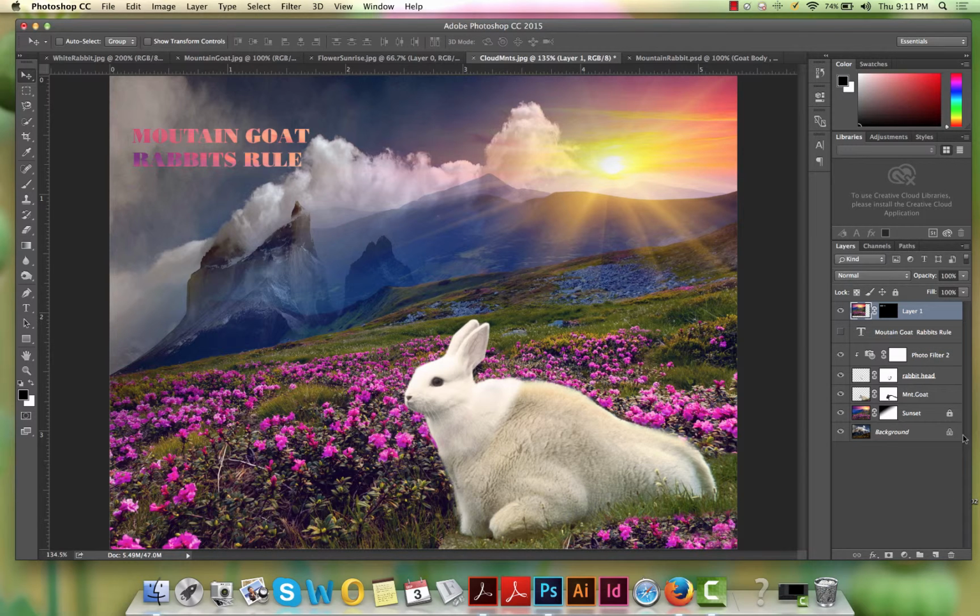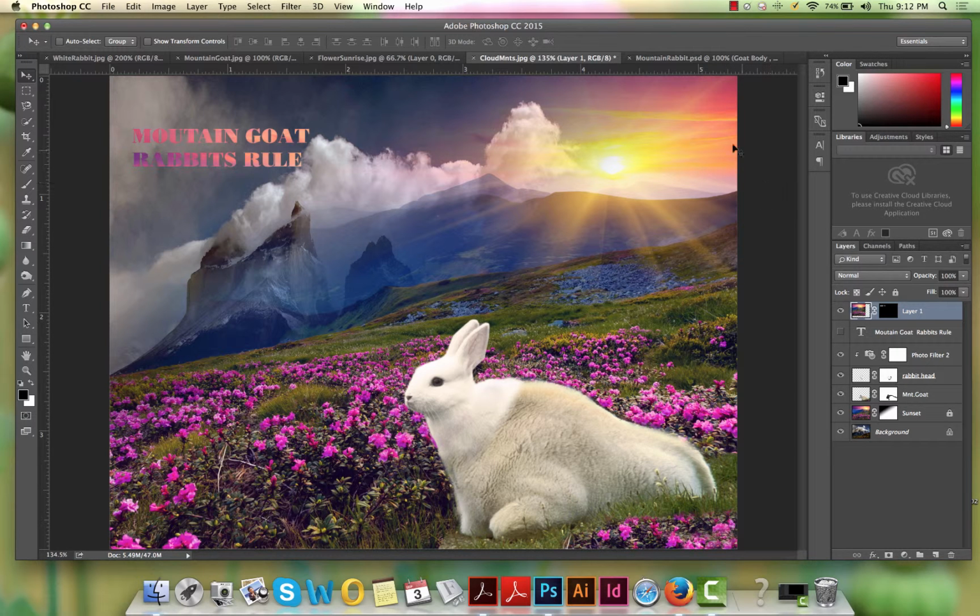So there you go. A nice review of blending, pen tool, cropping, color correction, or messing with color filters. And then we also had clone stamp, working with the type tool, and also creating a mask to let the image show through the type. I hope you enjoyed this